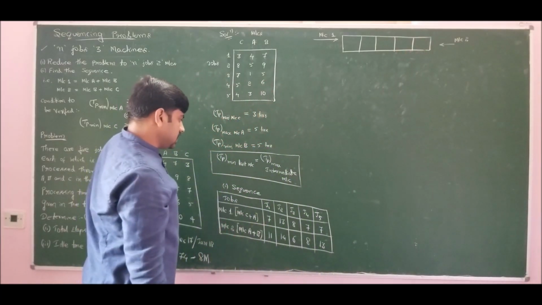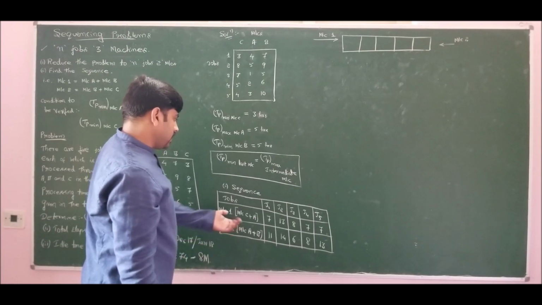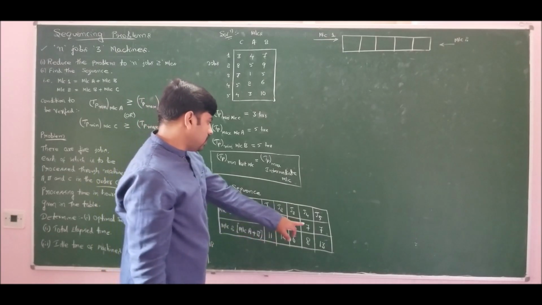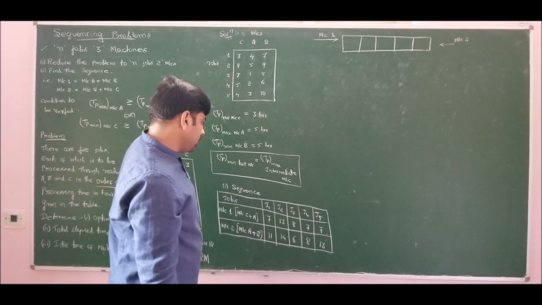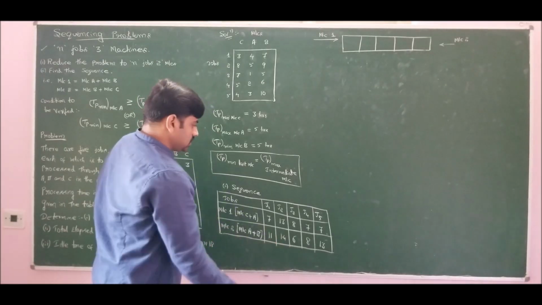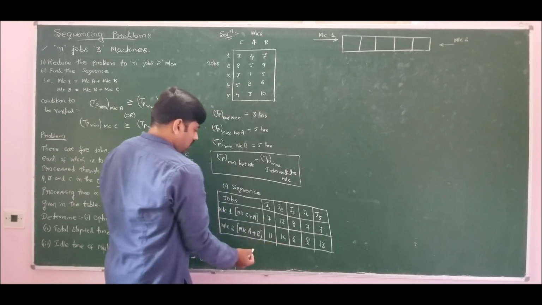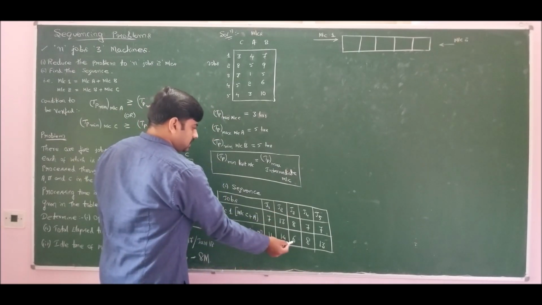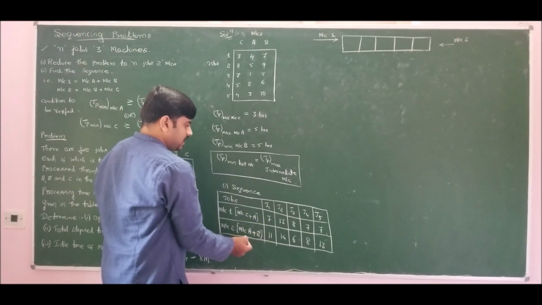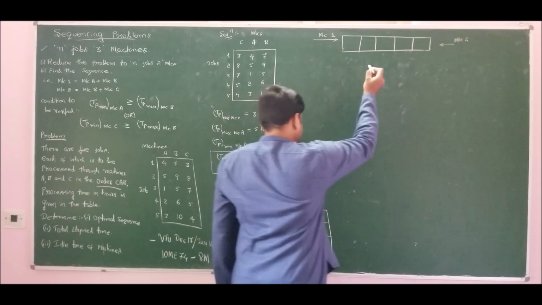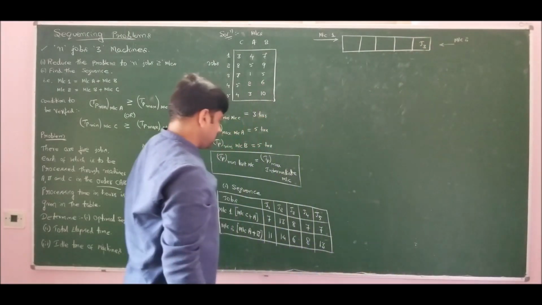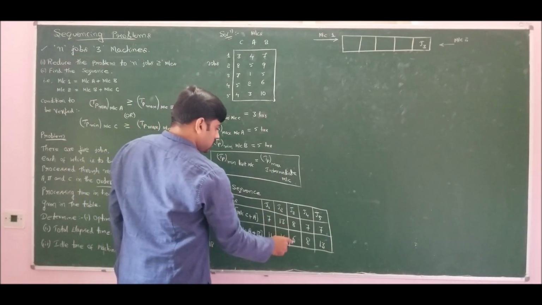So formatting the 5 boxes, the least processing time in the problem is 6 for job 3, before the 7 for job 1, job 4 and job 5. This 6 is on machine 2. So therefore job 3 should be allocated towards machine 2 side. So allocating job 3 to the machine 2 side, job 3 is eliminated.